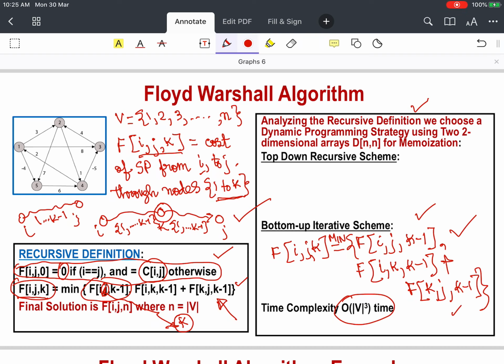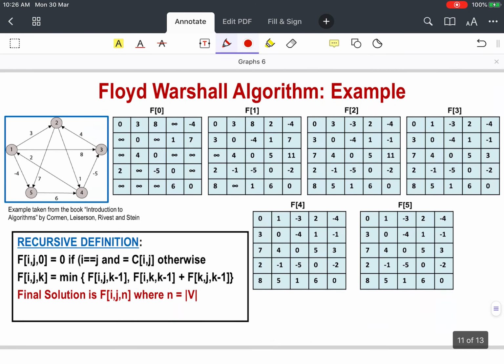Therefore, based on our strategy, we again keep a done array, and using that done array we are able to get both a top-down recursive algorithm and a 3 loops order v cubed algorithm. So the Floyd-Warshall algorithm, though it does not detect negative cost cycles, works for negative edge costs, and gives us a very powerful, simple, few lines of iterative code to give a very strong order v cubed algorithm.